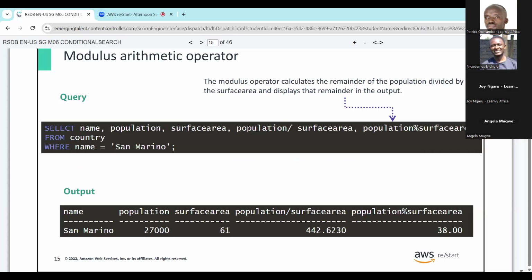So we have a query: select name, population, surface area, population divided by surface area, population modulus surface area from country where name equals San Marino. So the modulus operator calculates the remainder of the population divided by the surface area and displays the remainder in